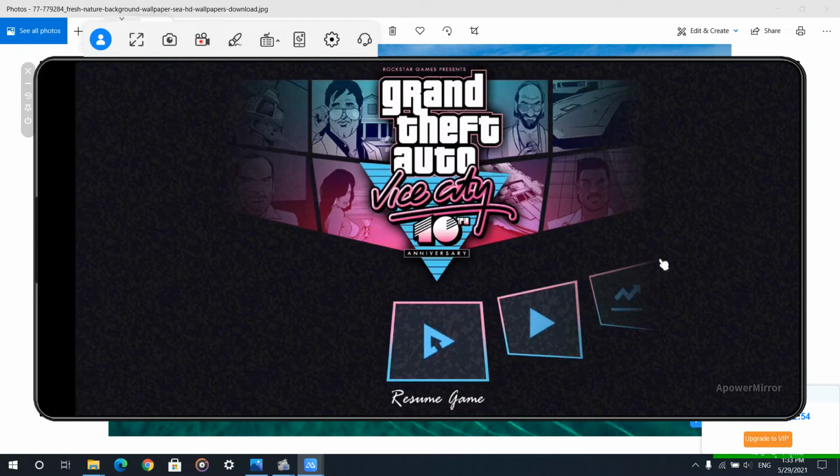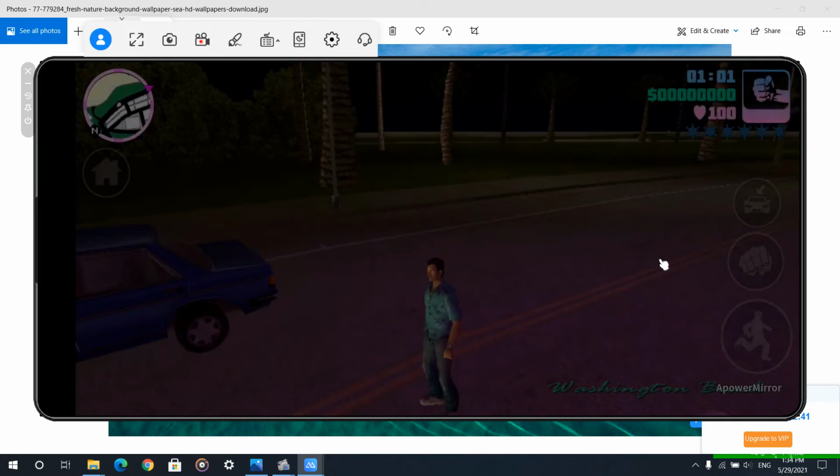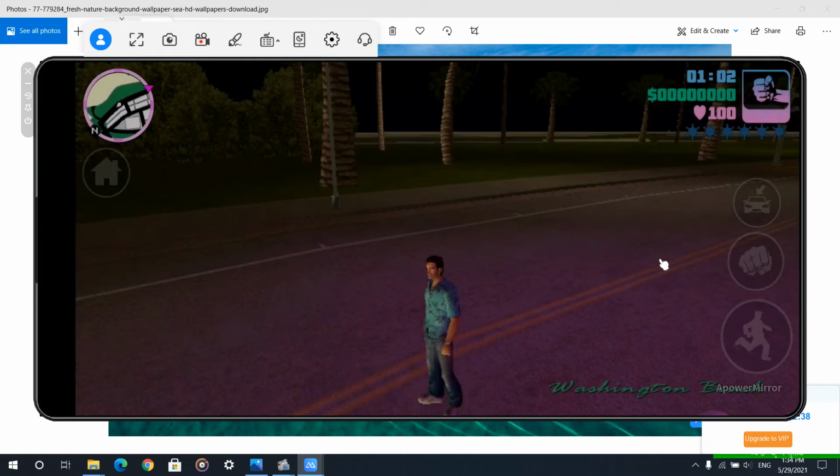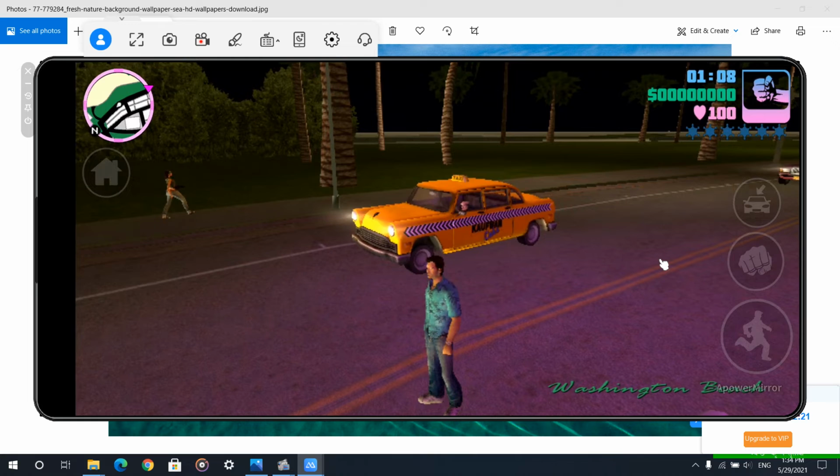Okay, after going inside, you can see here same graphics, same picture quality you will get better in your Android phone also, and you can enjoy this small game in your phone. You can see here guys how good the quality is, how the game is looking over here in phone. Every function it has given here you can use, or if you want much more instruction, then you can look at other videos on how to play this GTA in mobile phone if you get any difficulties.